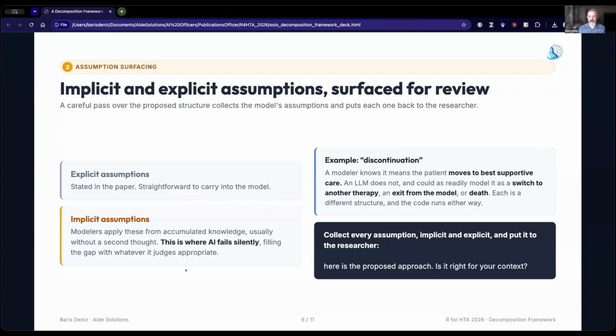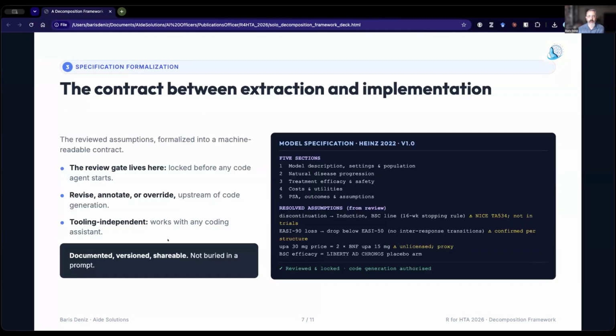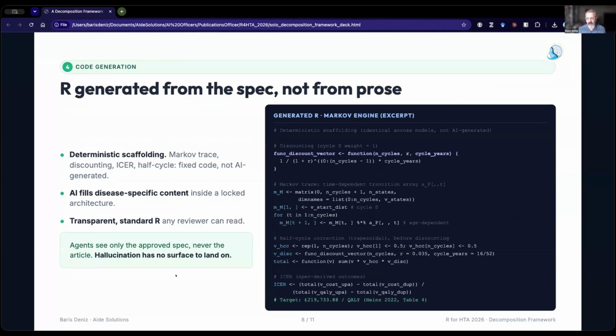The second one is, again, the system is looking at this description and extracting all the possible assumptions, explicit or implicit, as well as the data gaps that we have in the publication or the summary. This is helpful for a user to, again, look at, ask questions, and finalize before they move forward. Once we say, okay, this is great, I agree with this, or make changes if that is not fully aligned with what we're trying to do, we can finalize this as the blueprint, which then gets into the coding portion